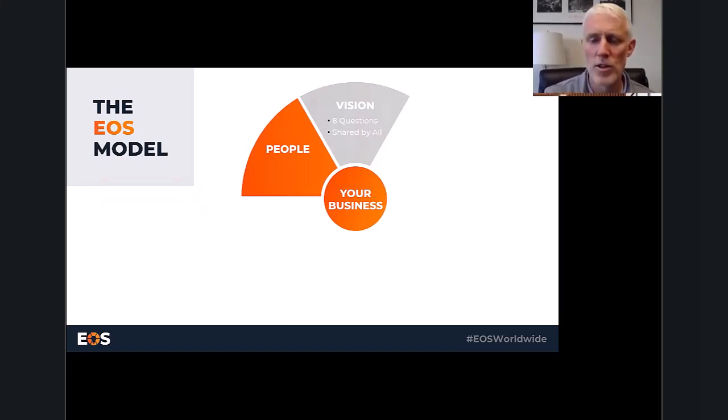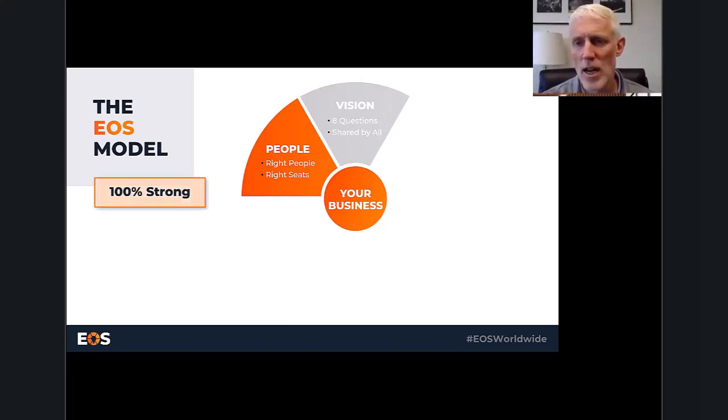The next component is the people component. You've probably heard the terms right people in right seats. This is what we're going to focus on primarily today. Having your people 100% in the right seat, right people in the right seat is the goal. That's 100% strong. And as any of you know, a vision without great people is not going to be achieved. So it requires that you have the right people in the right seats to really